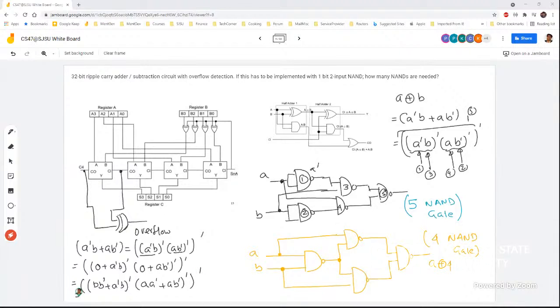And then from there, we can write it equivalently as (A bar or B bar) whole bar, then (A bar or B bar) whole bar, which we can rewrite